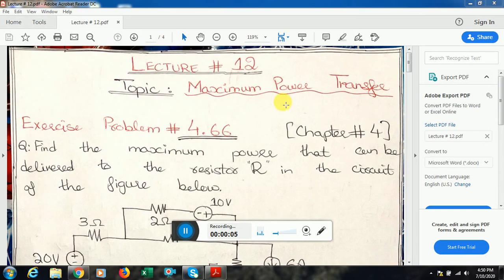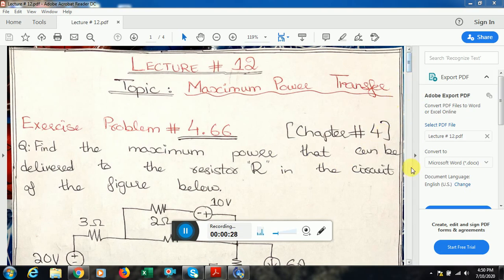I welcome you all to lecture number 12 of electric circuit analysis. Today we are going to solve some numericals of the topic maximum power transfer theorem. This theorem was taught to you in the previous lecture, that is lecture number 11. Today I am going to reinforce the concept of this theorem with two examples or exercise questions from chapter number